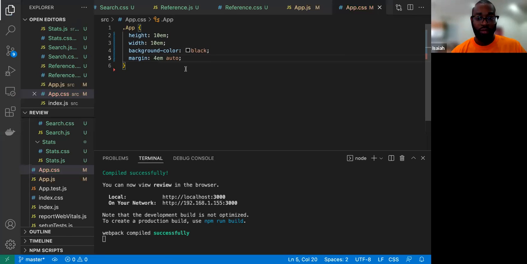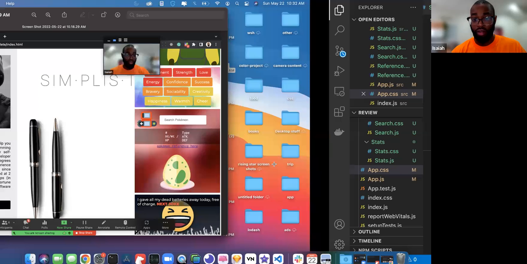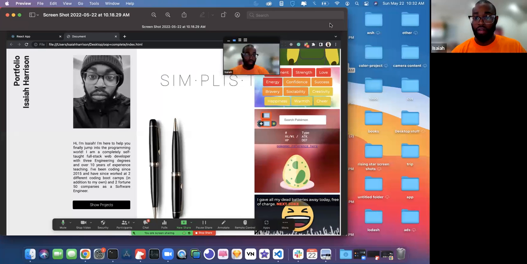So we have it here. Obviously I'm zoomed in, but you get the point of it. So this is our app. Now what we want to do is, and please stop me if anybody has any questions. Now I'm going to add this red background here. Now that background